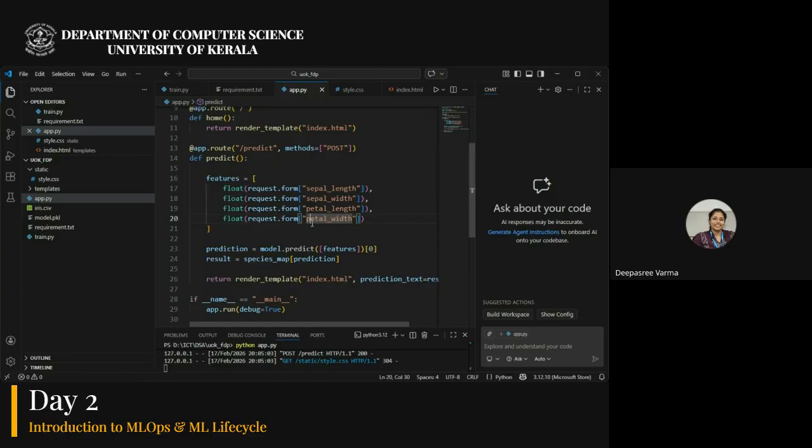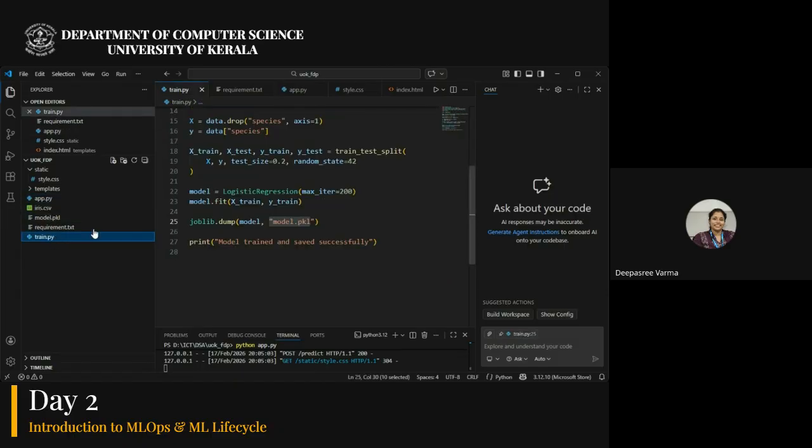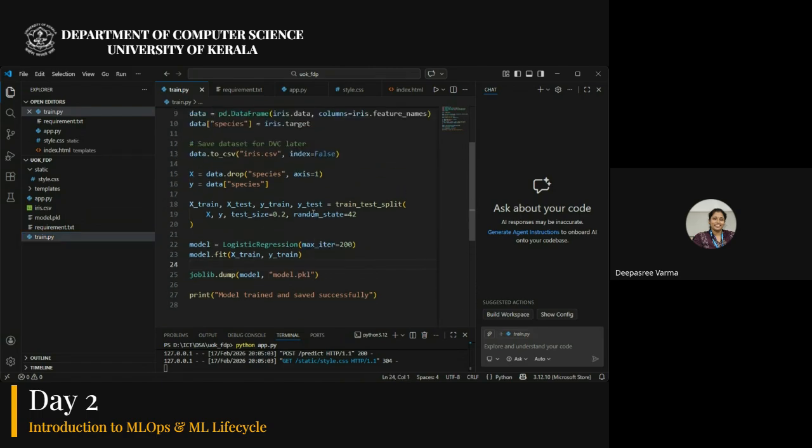So this is the basic thing which I wanted to share so that you can get a feeling of how an application, a front end and back end of a machine learning model, looks like. Now, this may not be my best model. That is what I wanted to tell you. I created this model and I didn't check for the accuracy or anything.